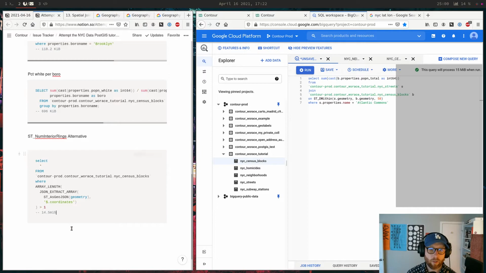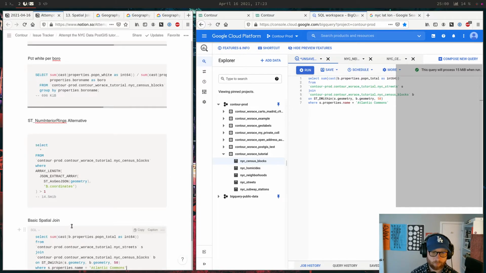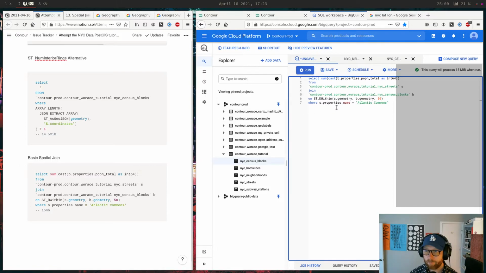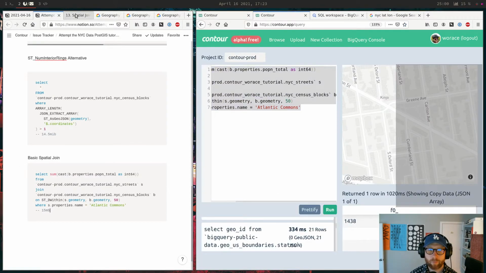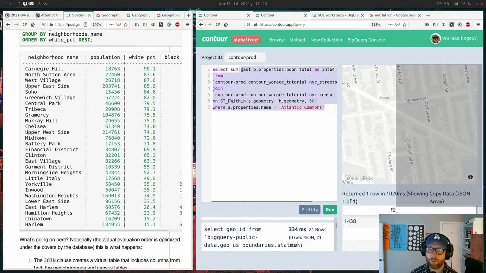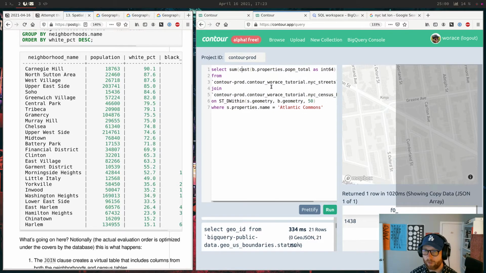Okay. That's an interesting one. All right, what was I going to do? Oh, I was just going to do the crude way of grouping. I'm just curious to see census blocks B